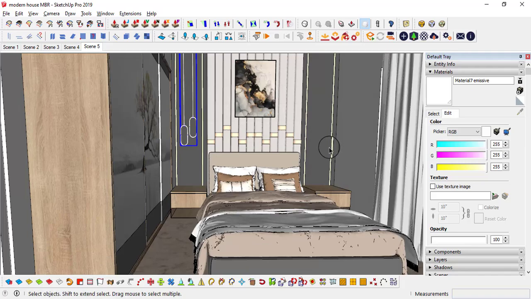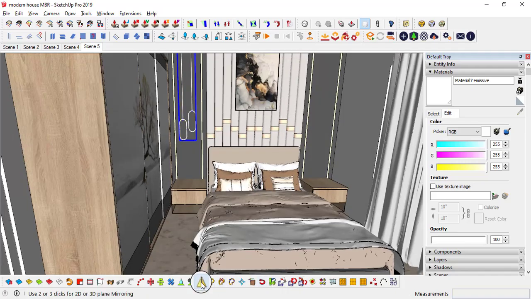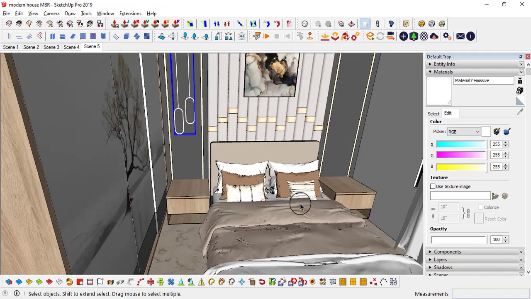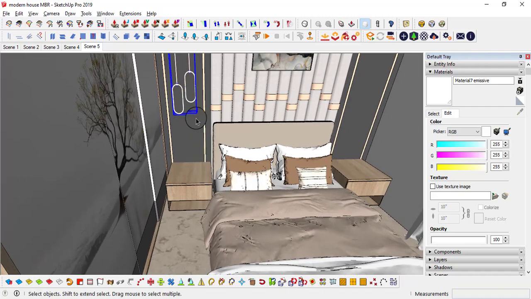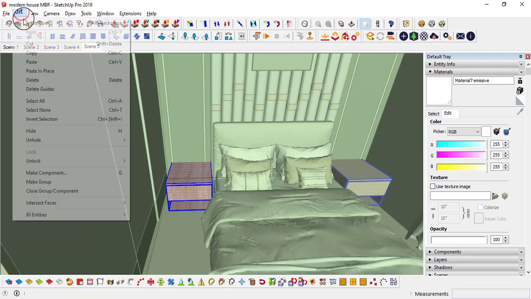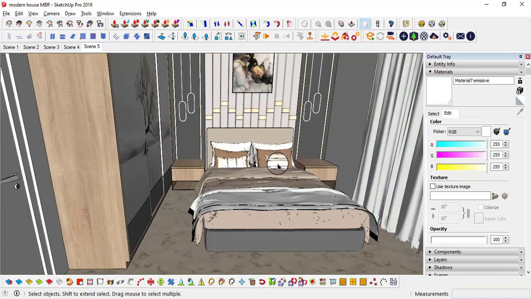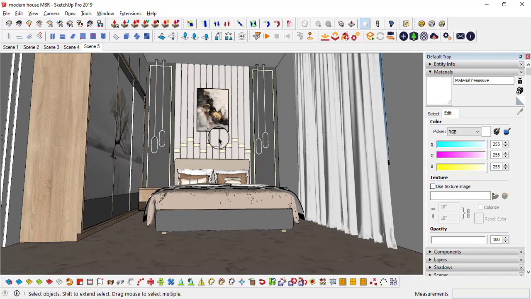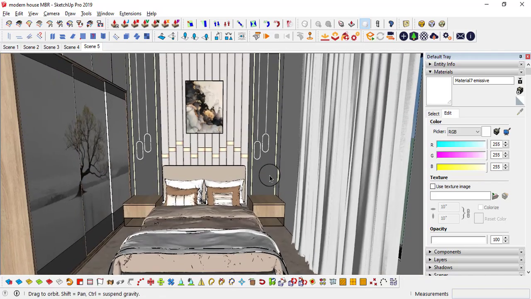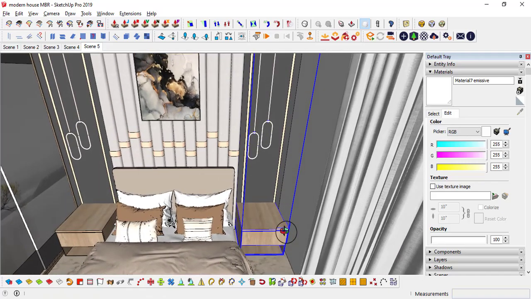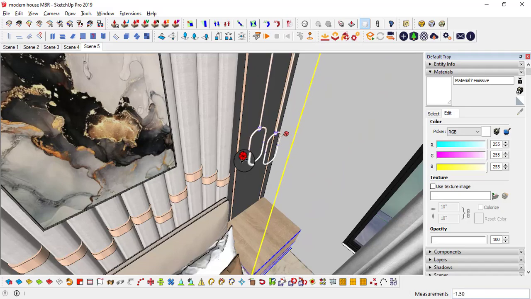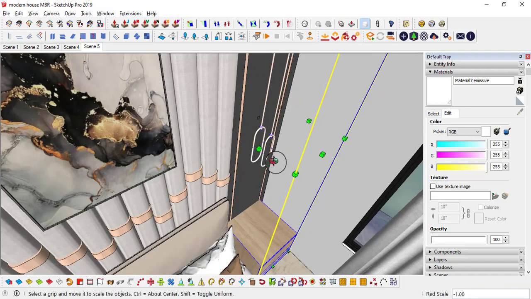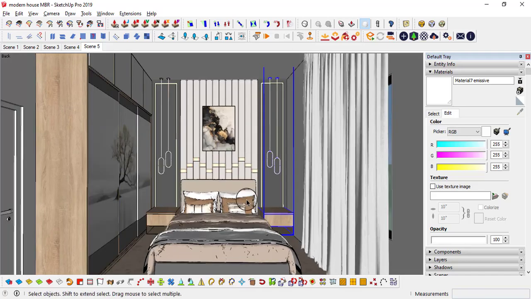And on the opposite side I am going to use a mirror. You can use this mirror, or if it is problematic to trace, Control X, this is a component, right? Edit, paste in place. See, a similar way if you want, up to you. If it is not, select it, scale, -2, -1. It is hard because background lines are being picked. That's it, -1. So up to here it is good.